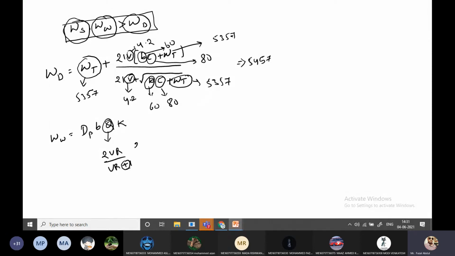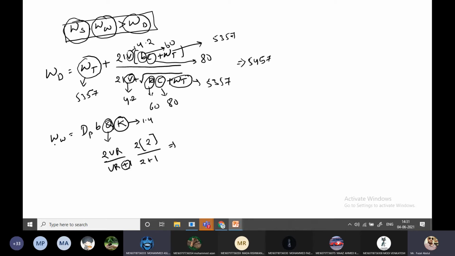So that is 2VR. VR, how much is given, Babu? Velocity ratio, the question itself gives it as 2, plus 1. This is the Q value. Tell me the Q value and K. So the K value, the question itself gives as 1.4. Sir, can you repeat from Q, sir?